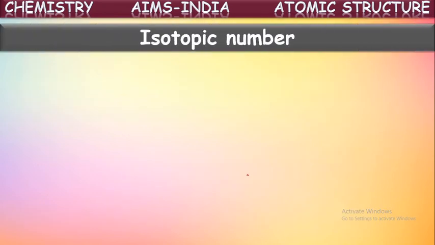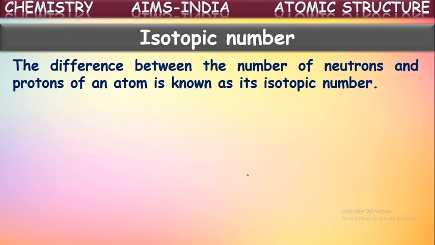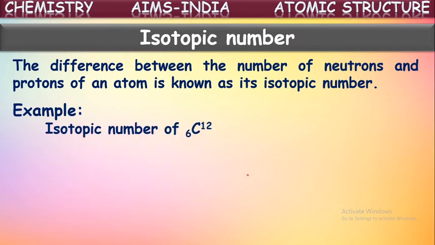Next comparison, isotopic number. This is the difference between the number of neutrons and protons of an atom. Isotopic number is defined as the difference between the number of neutrons and protons of an atom. Okay. For example, the isotopic number of carbon, how to calculate? Just by taking the difference between the number of protons and neutrons of this atom,